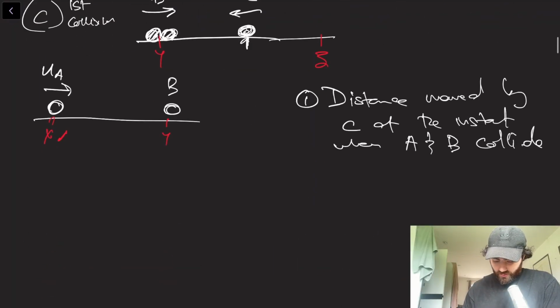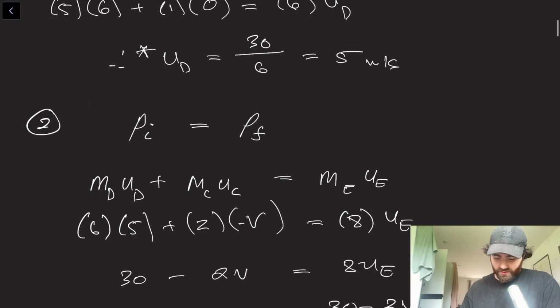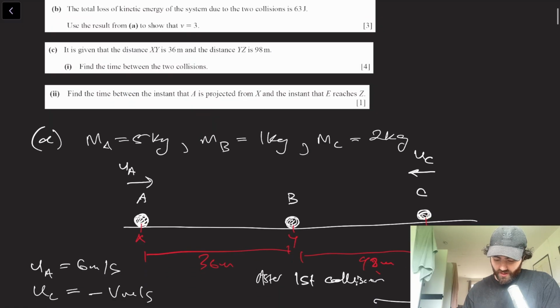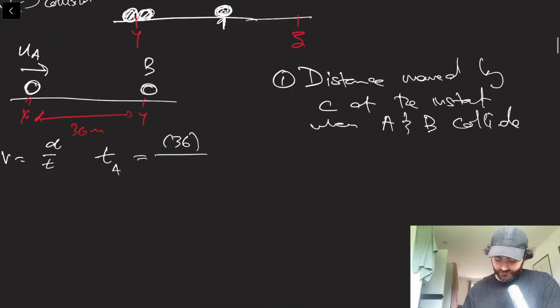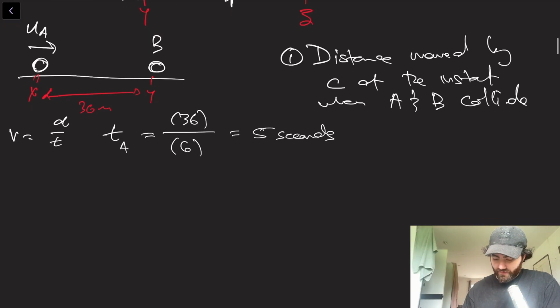Velocity equals distance over time, so the time of A will equal the distance, 36, divided by the velocity of A, which was 6, I'm pretty sure. Velocity of A initially is 6. So 6 seconds. And at that time,